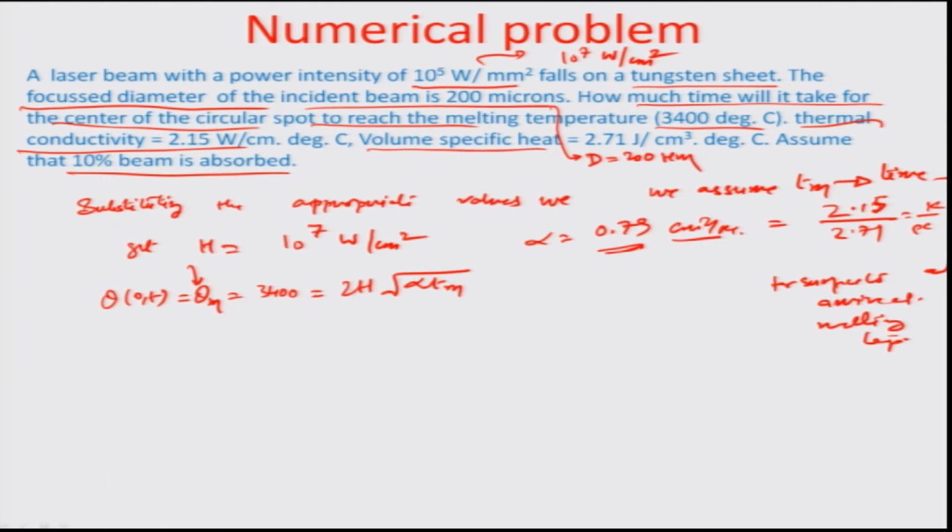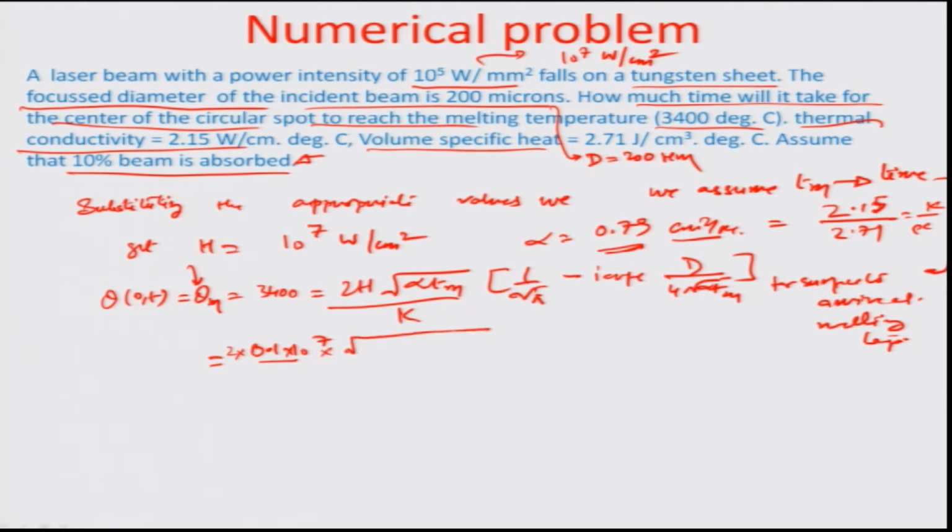So, if that is Tm, then twice H times root alpha Tm divided by k times 1 by root pi minus IERFC of d by 4 root alpha t. That is Tm again. That is how you go for the value of theta 0 t. And if I were to add the beam power, assuming 10% absorption has happened, the beam power in this particular case would be about 0.1 times 10 to the power of 7 watt per centimeter square. Only 10% is coupled, the remaining 90% is reflected from the surface,